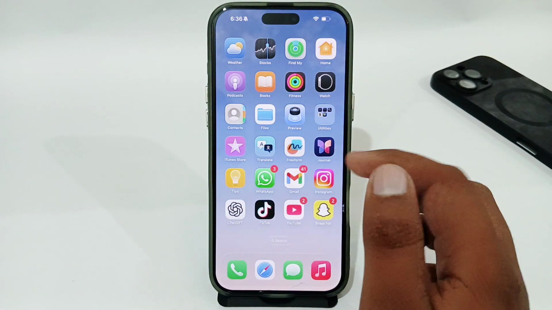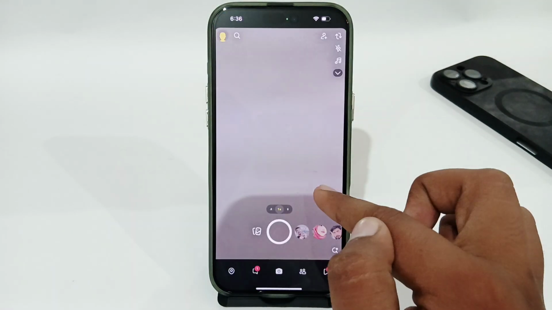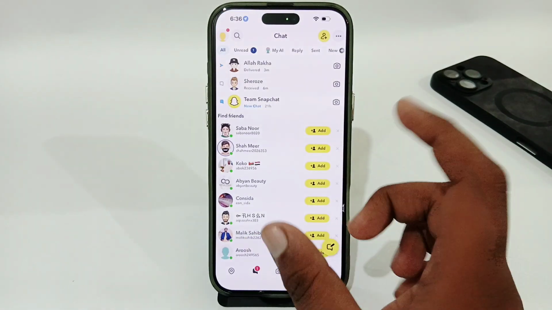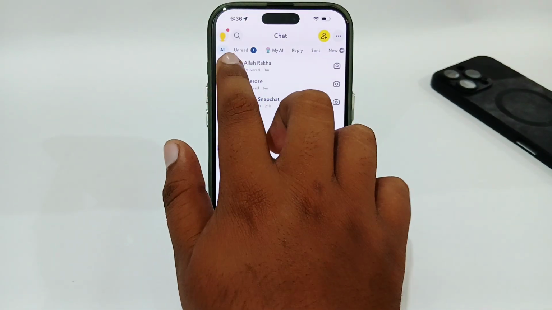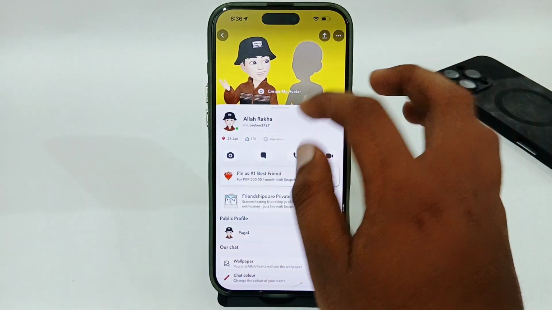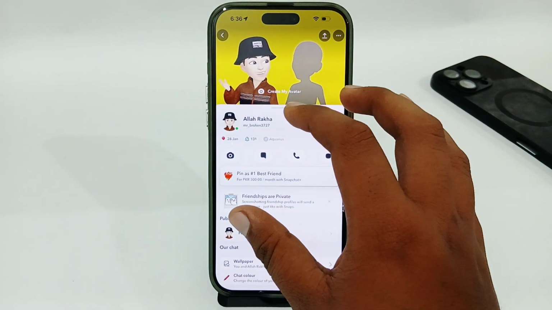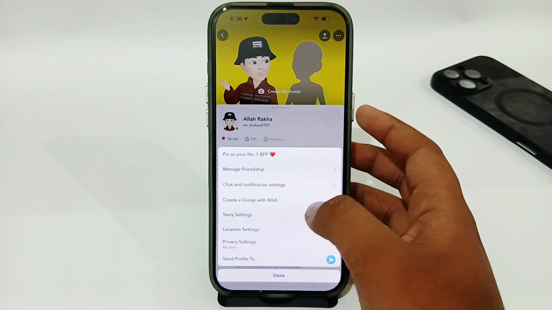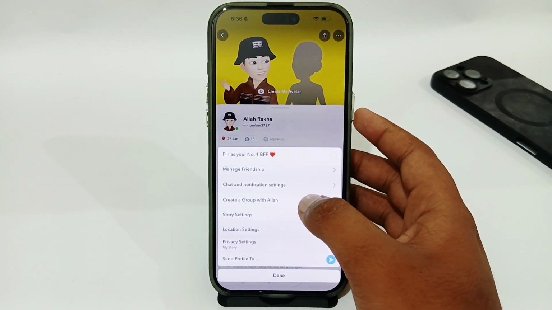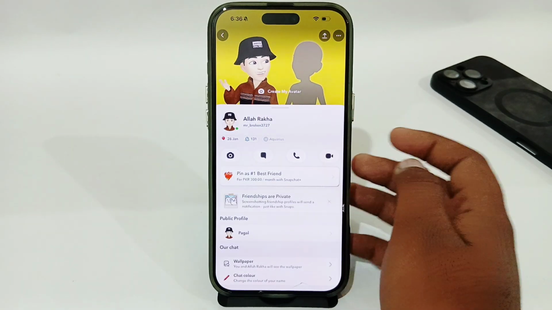You have to simply open up your Snapchat app and then select the person which you want to block. In my case, I'm going to select the first one. So you have to go to the profile page of the person, and then tap on the three dots in the top right corner. And here you just have to look for the option of manage friendship,